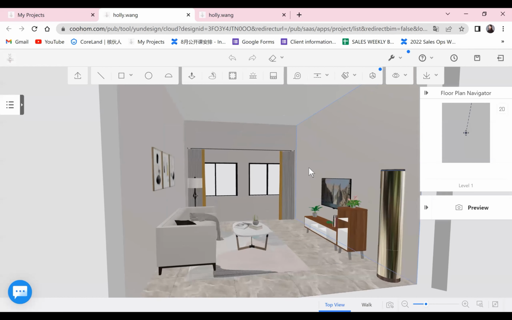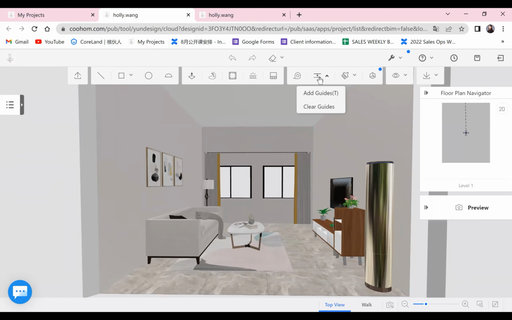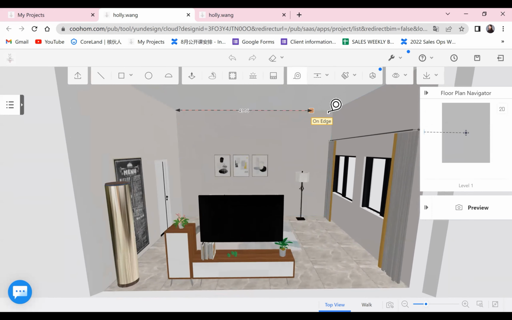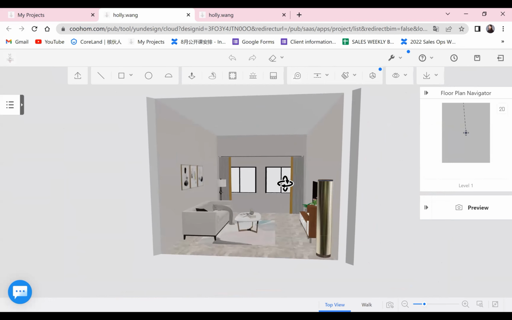First, I will use the guideline to help us. Let's add guides. Sorry, I will use the measure to see how big it is. 4,000, and the other side, 5,000. So you need to remember the size of the room.